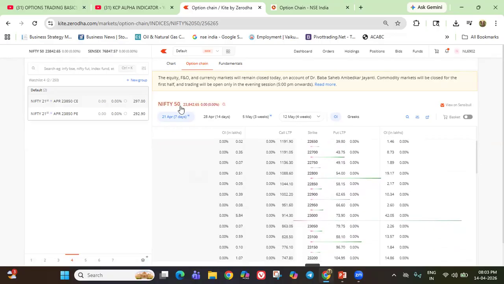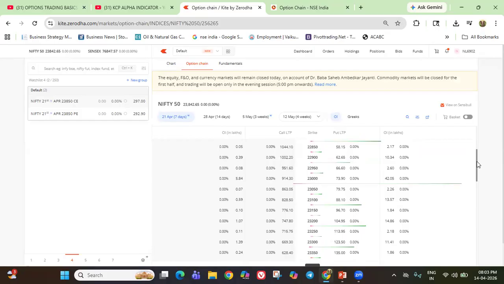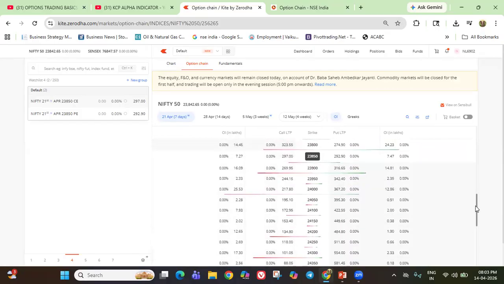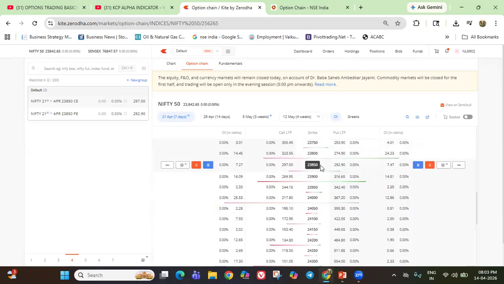For 21st April, the market closed around 23,842, right? So there it is. The strike price is here; you can see it in black in the center. That is 23,850. So this is the 23,850 strike price for both the call option and the put option. Once you identify this as the nearest strike price to the market close,